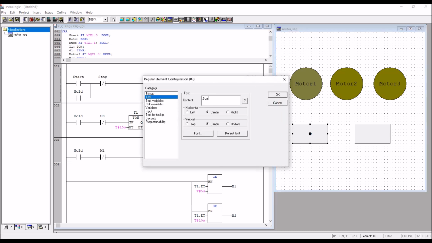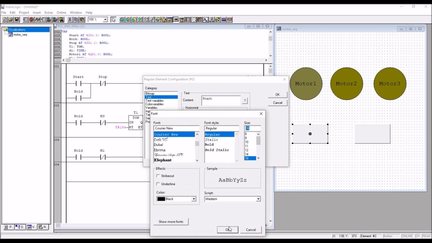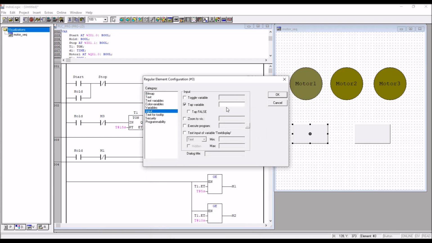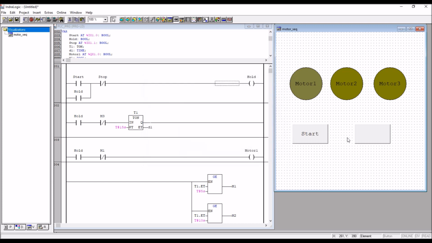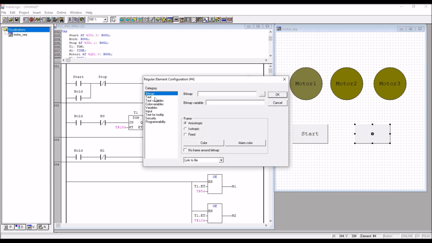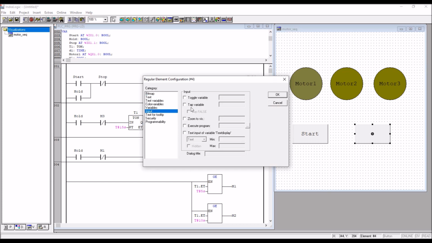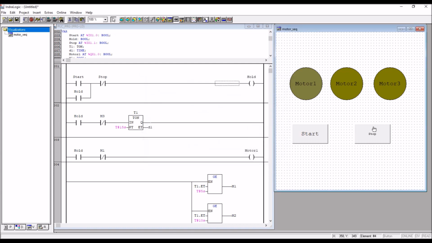This is start and font size 16. Let us see. And input, it's a tab variable, means it's a push button of what? Start. Okay, and text, it is stop. Input tab variable, that is stop. Font size,